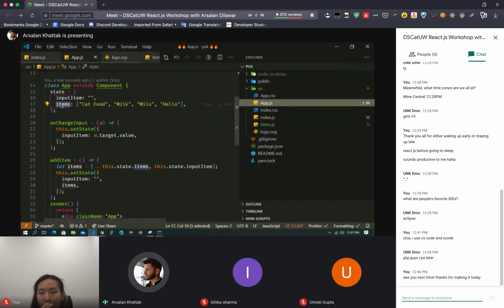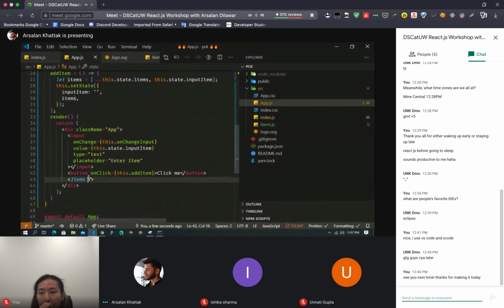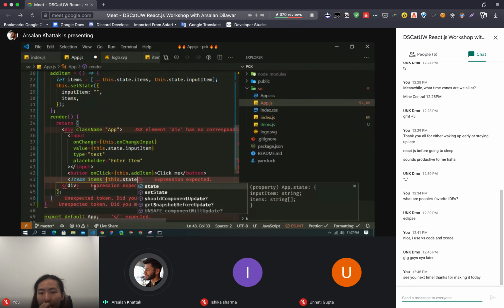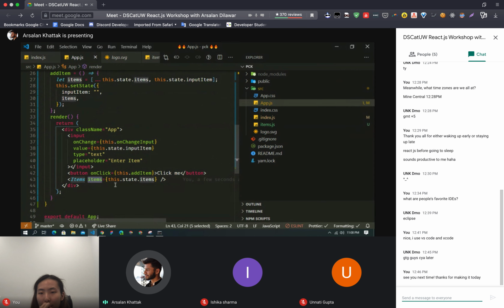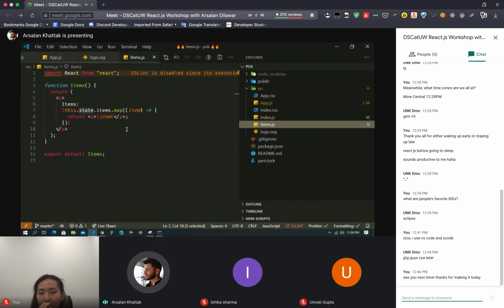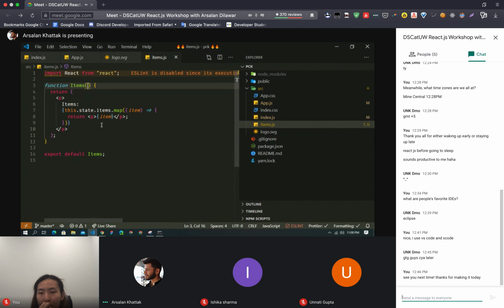So what we can do is copy this, and write items equals this.state.items. We are passing these items into this component, and here we can use this.props. Whatever we pass is available in this props object.